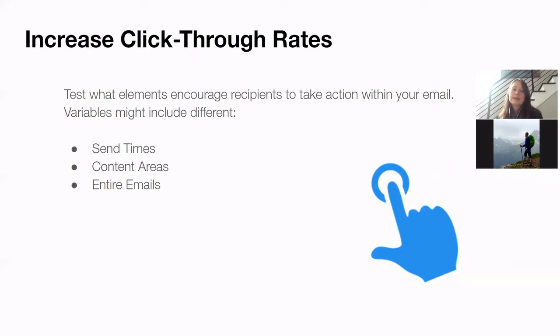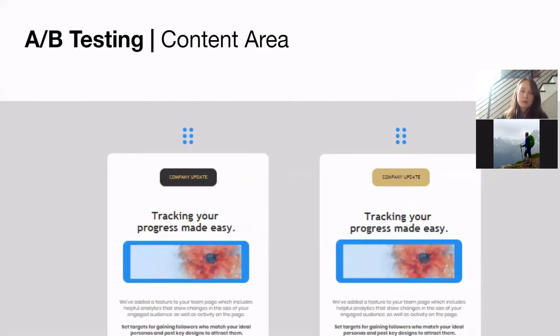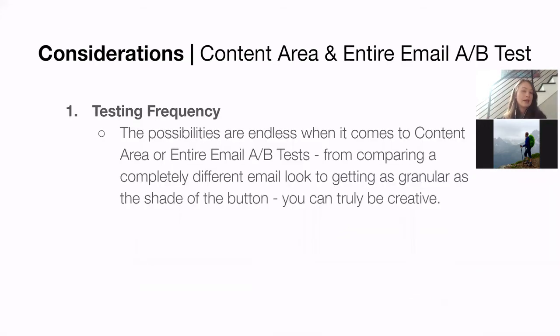So I won't drill into send times again, but content areas, as well as the entire email. So pretty straightforward when you're thinking about those different content areas. And a great thing that you can test are different call to actions or buttons. So in this example, and really focusing on that single variable, we do have that gold button versus a black button. Let's see if folks engage with one better. Again, when it comes to testing frequency on this element,